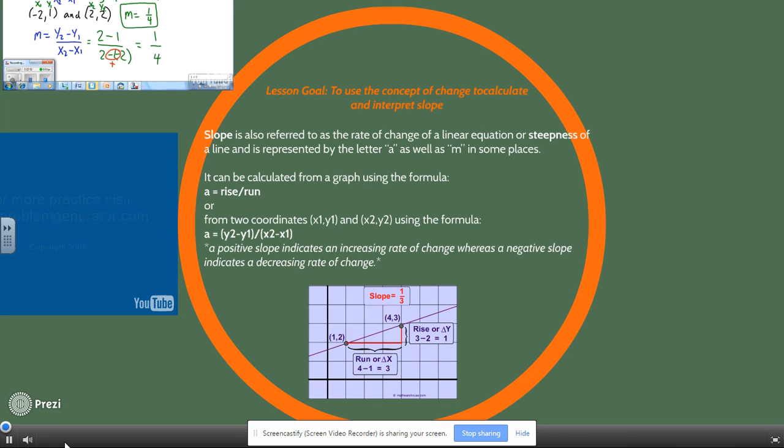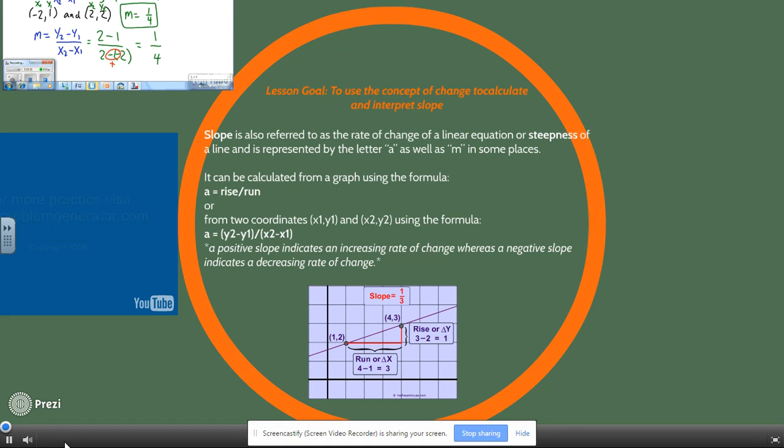concept of change to calculate and interpret slope. Slope is also referred to as the rate of change in a linear equation or steepness of a line, and is represented by the letter A as well as M in some cases. It can be calculated from a graph using the formula A equals rise over run, or from two coordinates x1, y1 and x2, y2 using the formula A equals the change in the y coordinates over the change in the